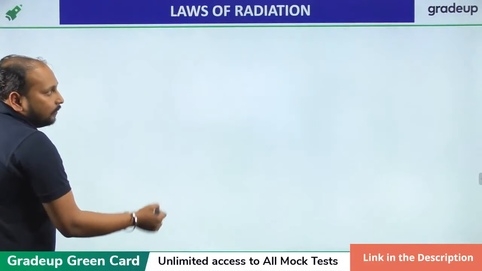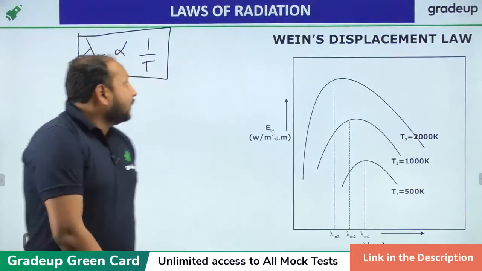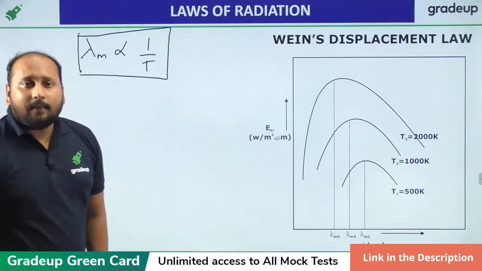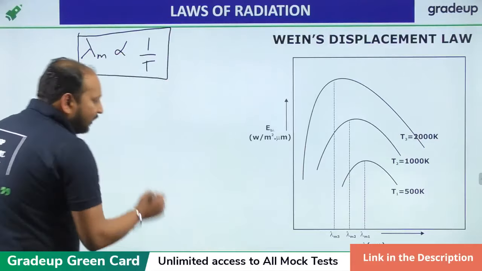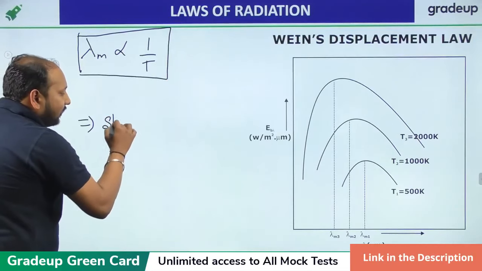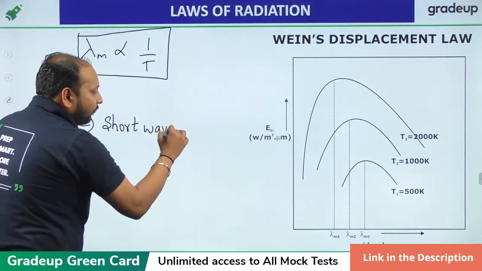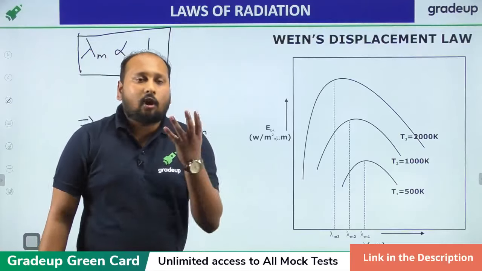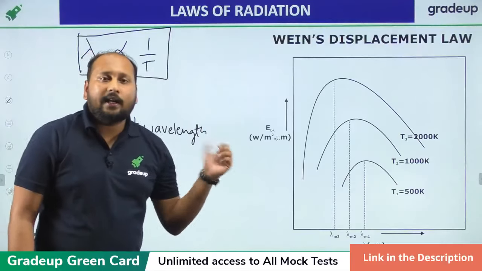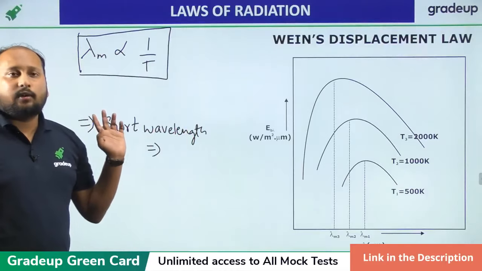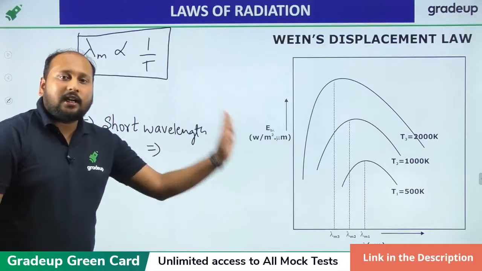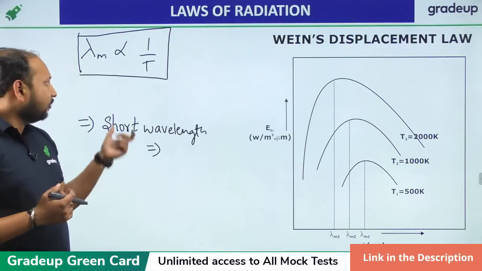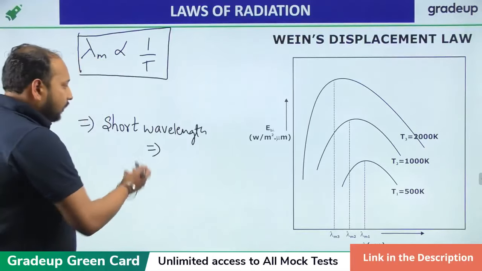So using Wien's displacement law, he said that the wavelength corresponding to the maximum emissive power is inversely proportional to the temperature. What can I infer from this? If we have a shorter wavelength, will the temperature be high or low? Quickly tell me. If you are dealing with a shorter wavelength, it will be high